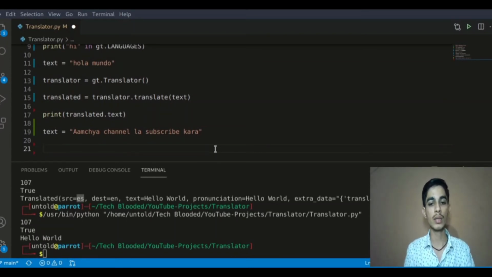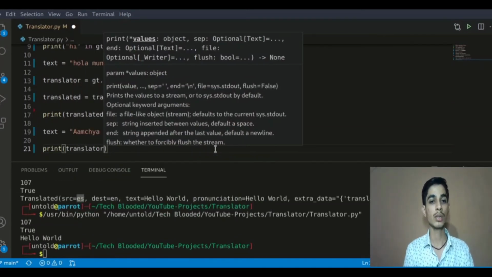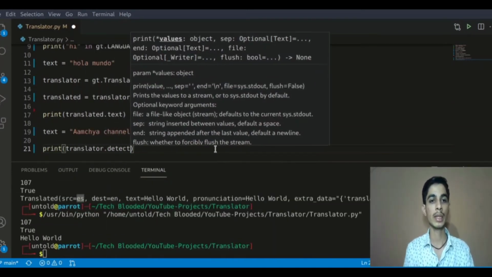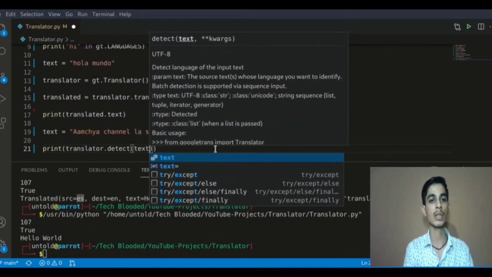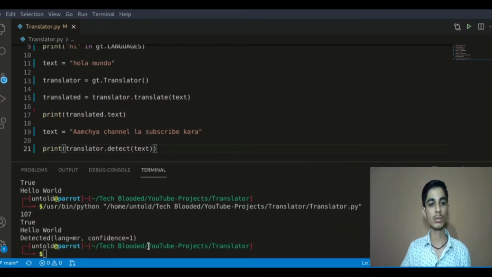To detect it, we need to use print translator.detect, and we'll pass the text into detect, and after running it I'll get this: the detected language is mr and confidence level is 1. mr stands for Marathi. This text is in Marathi.